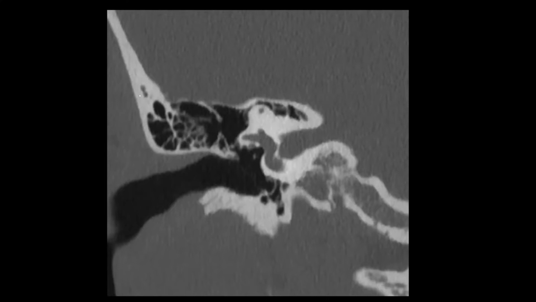Coronal image, I always tell our trainees to always try to find this coronal image, identify it. And so here you can see this is the lateral semicircular canal projecting out laterally. Just below that is the tympanic segment of the facial nerve canal. Down below, we have the cochlear promontory overlying the cochlea. And in between where this inner ear meets the air, that's going to be how you identify your oval window